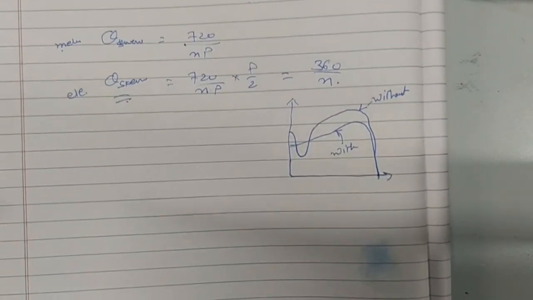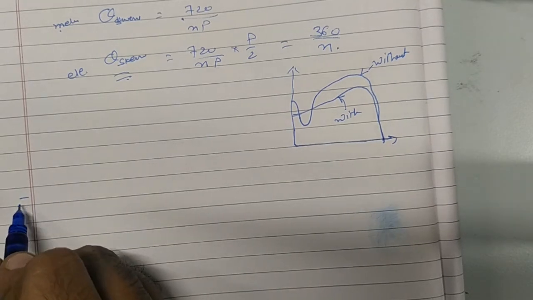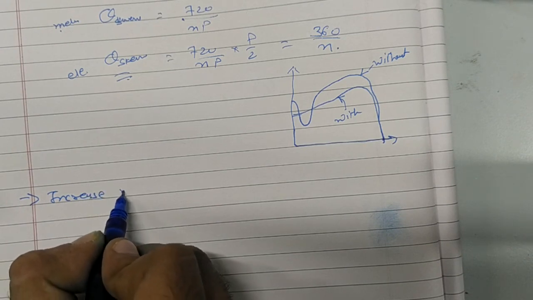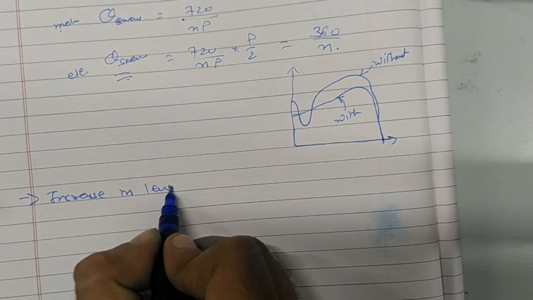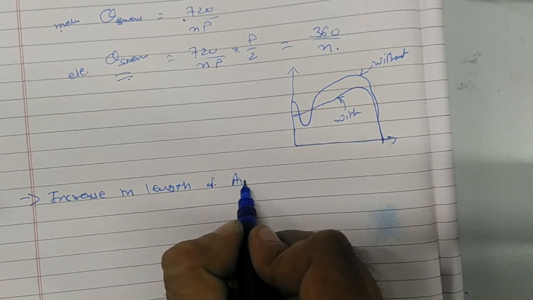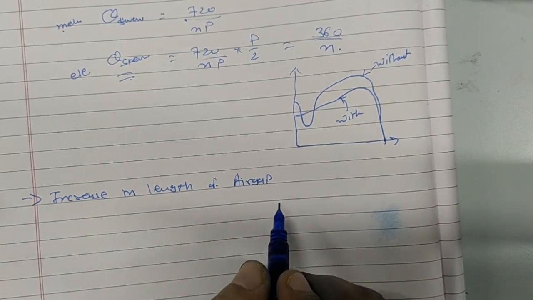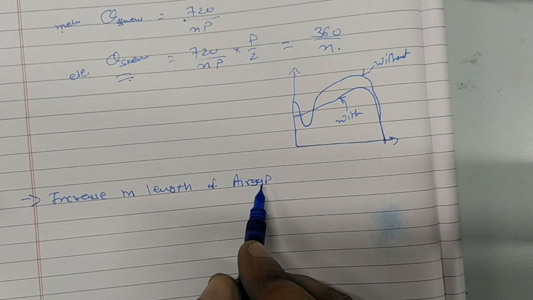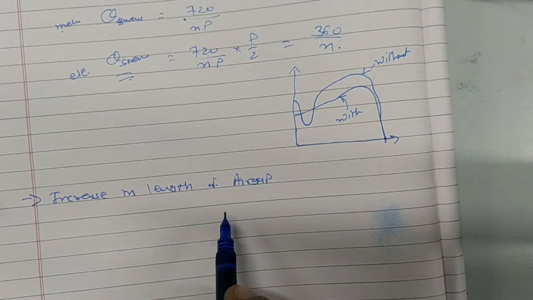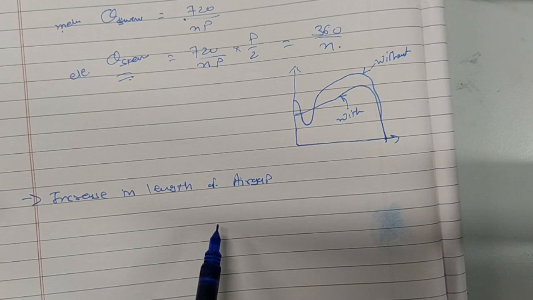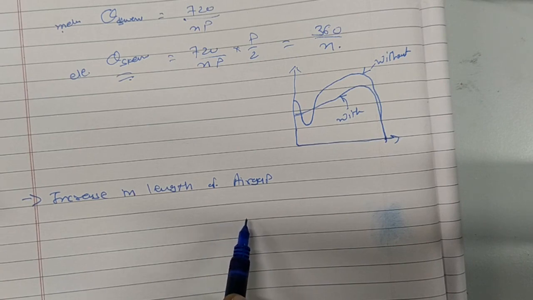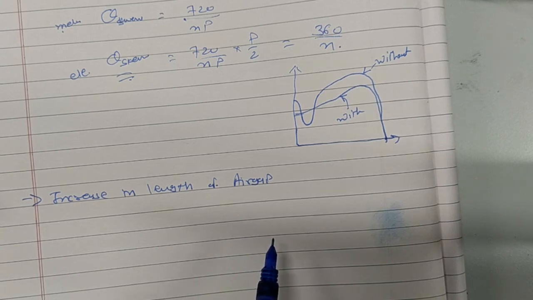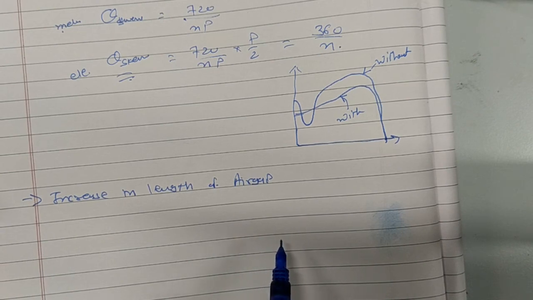There is one more method: increasing the length of the air gap. The increase in the length of the air gap will decrease the harmonic torque, obviously, because the flux has a much longer path to travel from stator to rotor. So it can easily reduce the harmonics, but an increase in air gap length will increase the no load current, and it will make the power factor poor.